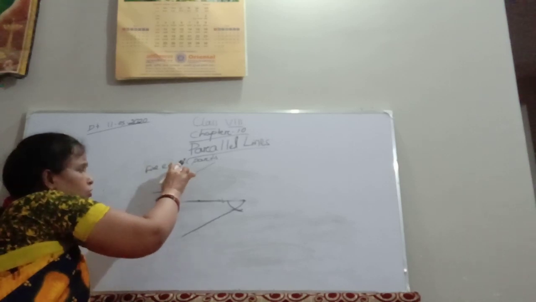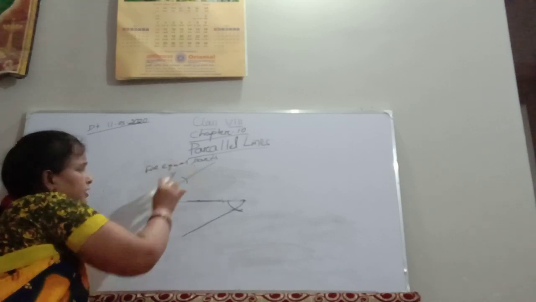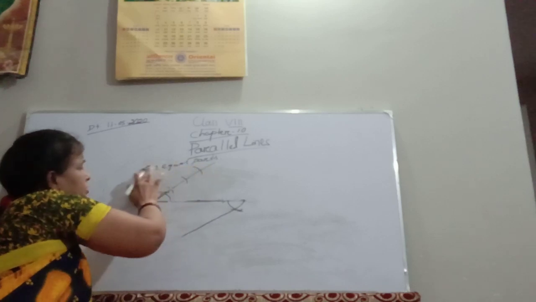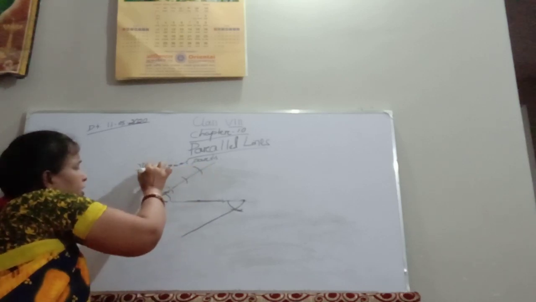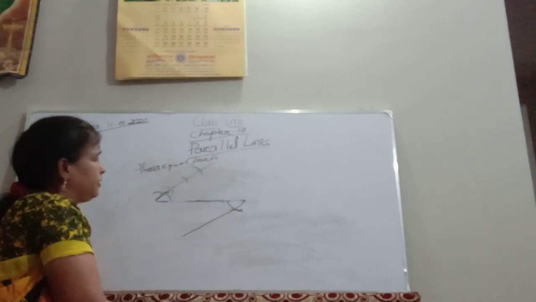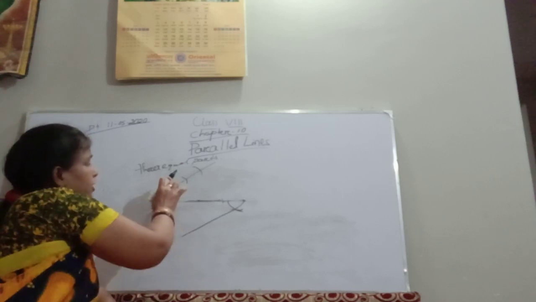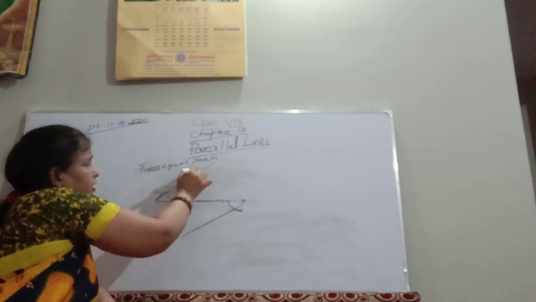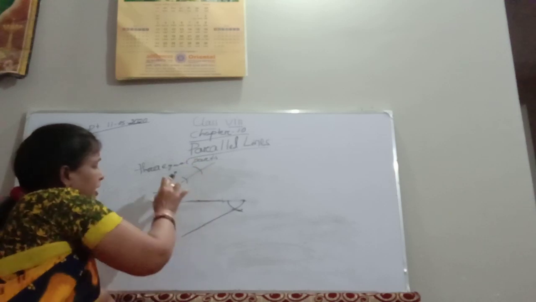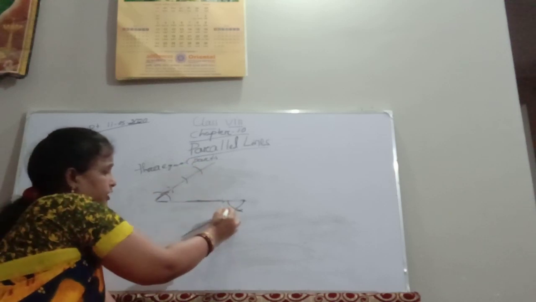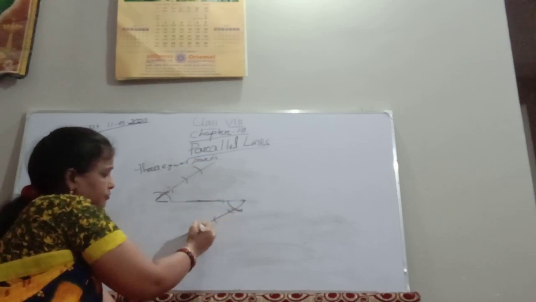Same distance, you can draw another arc. Next, it is 3 parts. Suppose it is 3 equal parts, not 5. 5 means it is a bigger figure. So for 3 equal parts, you have to draw 3 equal arcs like this. In the same measurement, you can draw 3 equal arcs here.